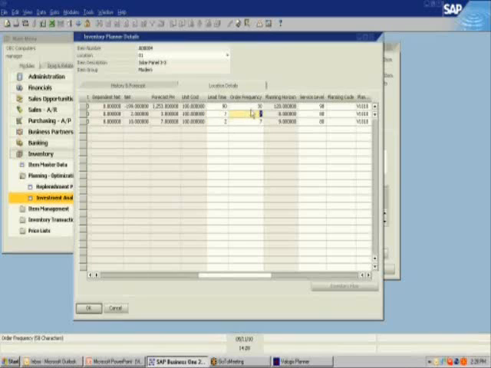Also, I order from this vendor once a month for my main distribution center. However,